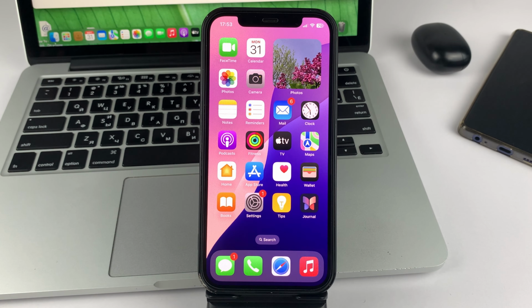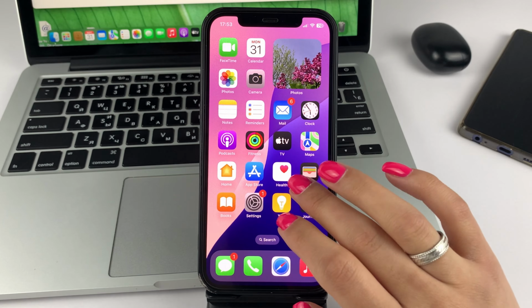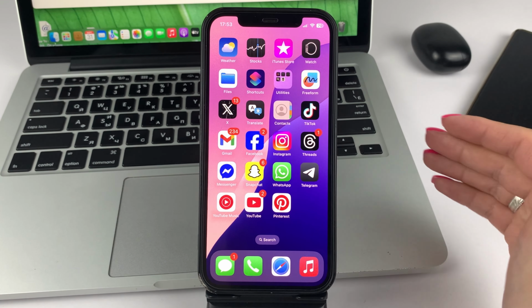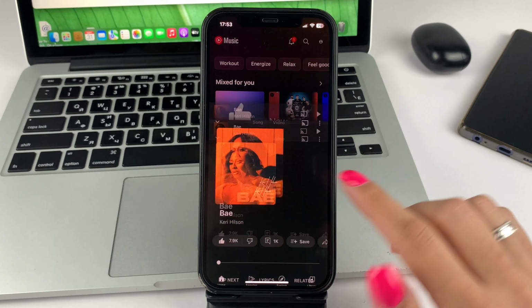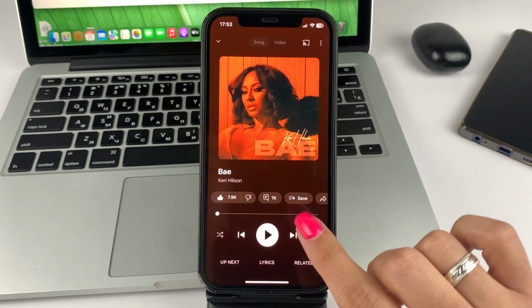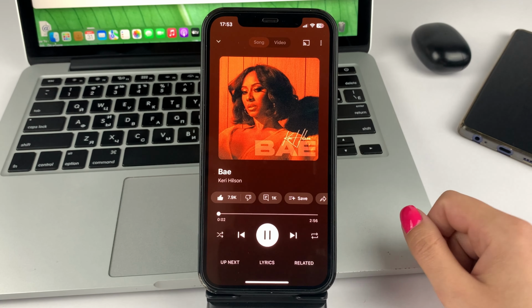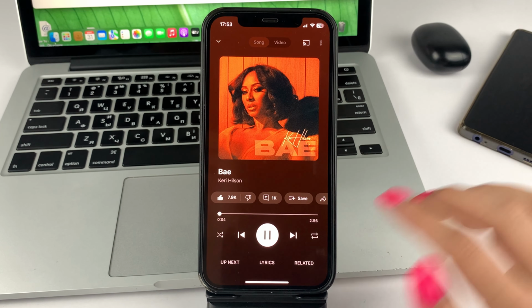Well, let us get down to our topic. And first, you will need to open on your iPhone and play some podcast or video or maybe music. So you choose what you want to listen to, after which turn it on. Now, when you've turned on music or some podcast or video,